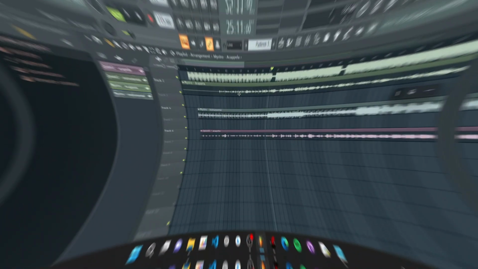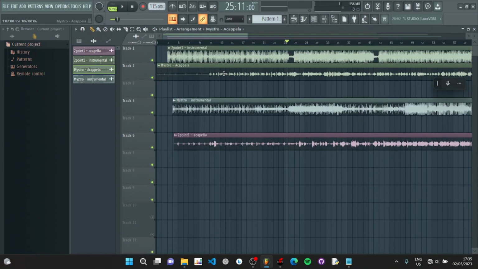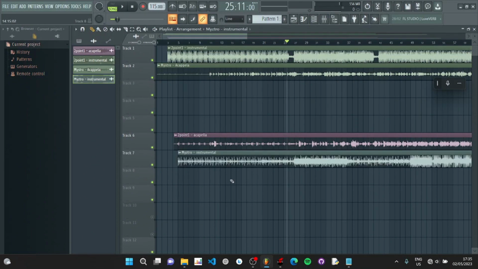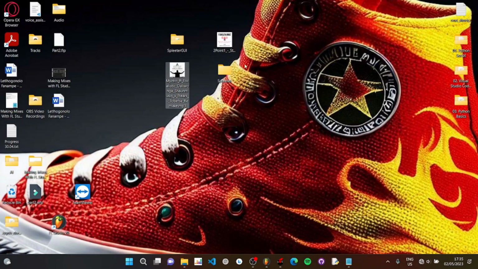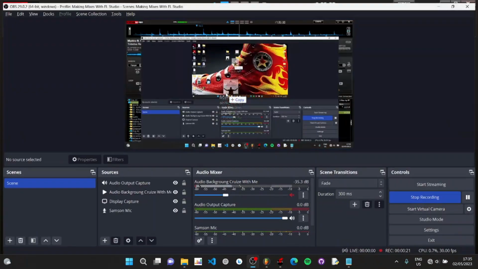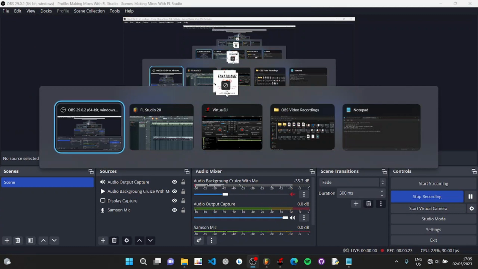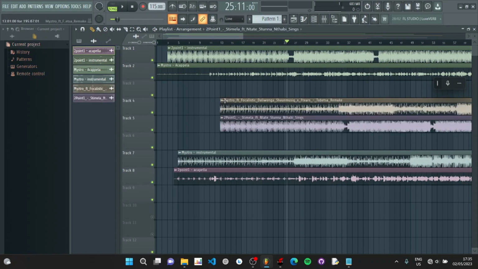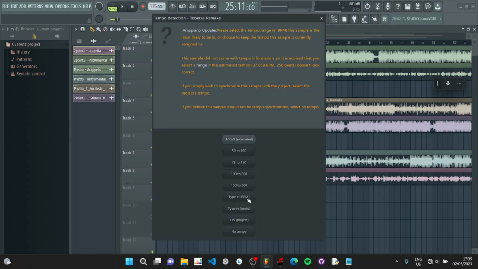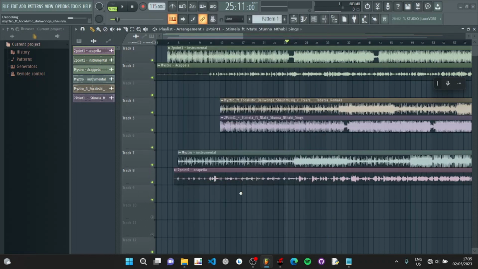In order for us to easily mix this acapella into the instrumental, we're going to need to know where the acapella comes in. So the best thing to do, what I normally like to do, is also load the original tracks into FL Studio. So I'm just going to drop the original two tracks into FL Studio and set their BPM as well. This is 113.